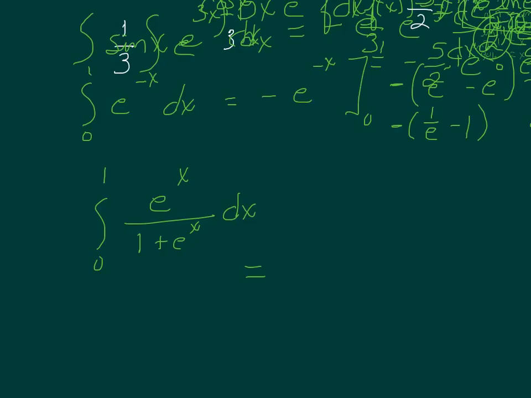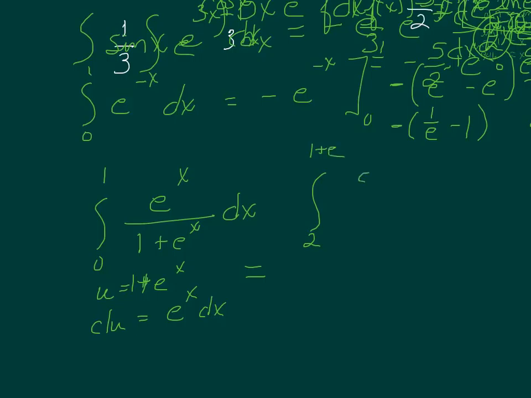This one might be easier to set up a u. What would u equal? 1 plus e to the x. And what's the derivative of u? If u is 1 plus e to the x, the derivative is e to the x dx. Okay, and if I plug in a 0, 1 plus e to the 0 is 2. And 1 plus e to the first power is just 1 plus e. And we have